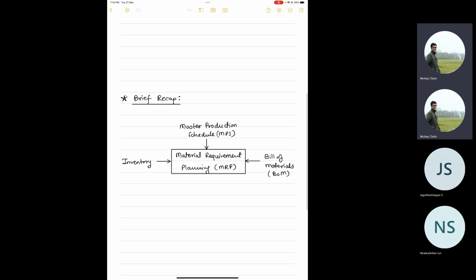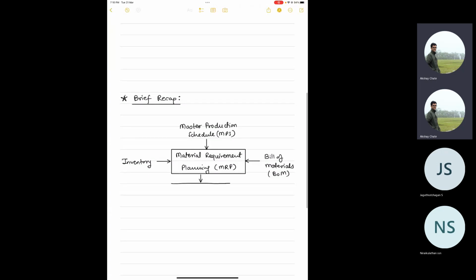So anyway, based on these three quantities or the three aspects, material requirement planning is done,